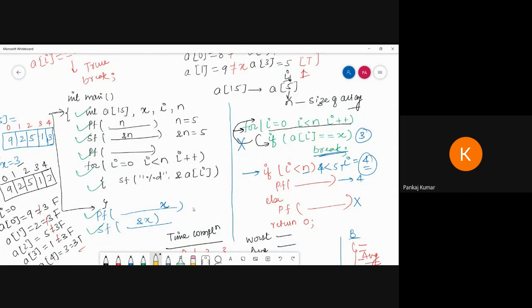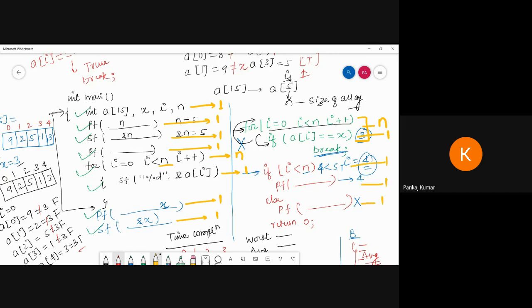Now this will take a constant time, that will be 1. This also takes a constant time, that is 1. This printf and scanf are 1, and this is also 1. But this loop will run till n completion, so it will take n times. So this will be constant time, this will be 1, this will also be 1, and this will also be 1. And now see, this condition will take n times and this one is also 1, this all is 1, this all are 1 and 1.